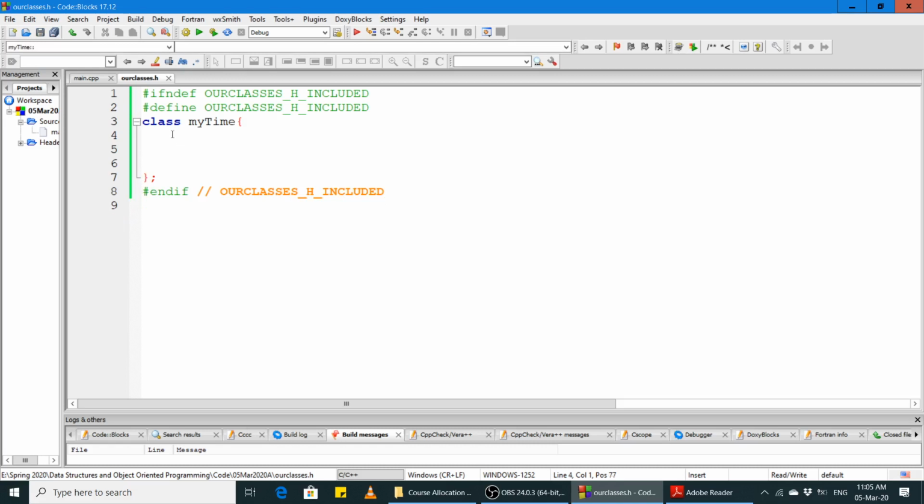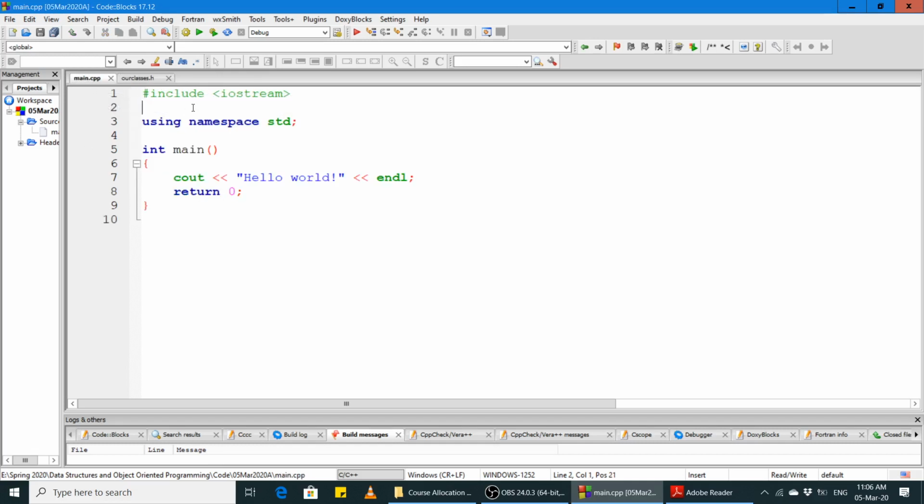Within these curly braces, this is our class. Right now it does not have any data member, it does not have any member function. This is the minimal class that we can create. So for example, if we want to use this class, we can use it. So here I can say